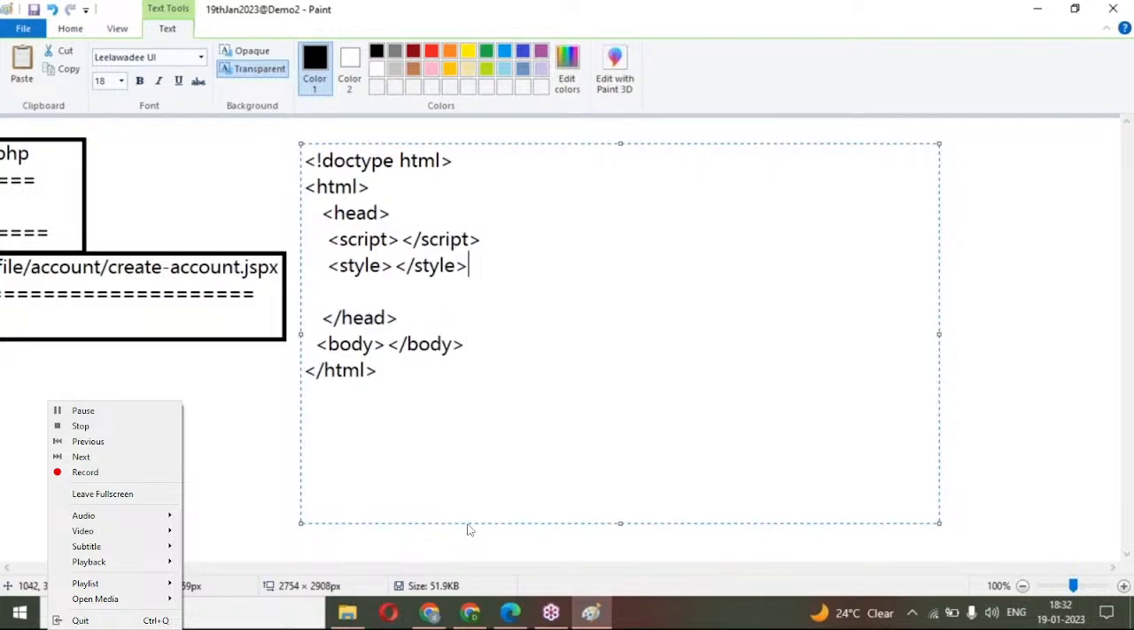JavaScript code we can write with a script tag. Here, script tag I'm using for writing JavaScript code. Style tag, we use it for writing CSS code. Okay, style and script, we can use like this. Next, we are going into